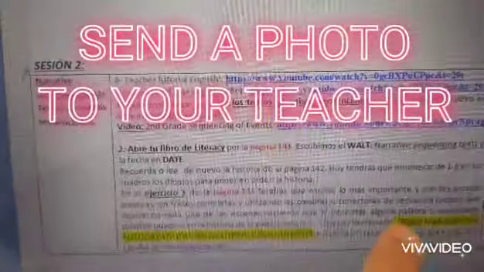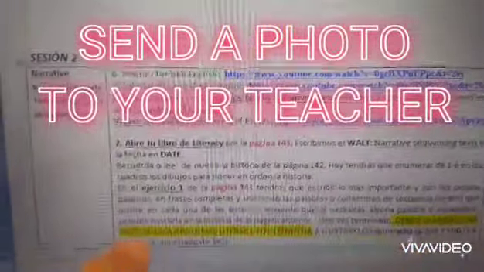Instructions, as you see in the instructions, is telling you that you send a photo of this exercise to your teachers, Gustavo or Laura. And here we